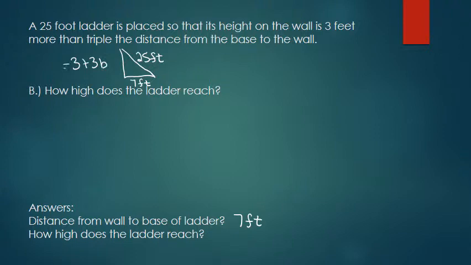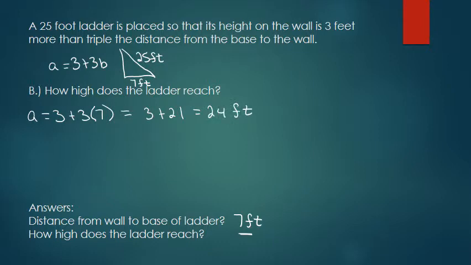So I'm actually solving for a, the height of the ladder. And I just need to plug b in, which I got on the previous problem to solve for a. So a equals 3 plus 3 times my b value, which is 7. So I get 3 plus 21 equals 24 feet. So my final answer for how high the ladder reaches is 24